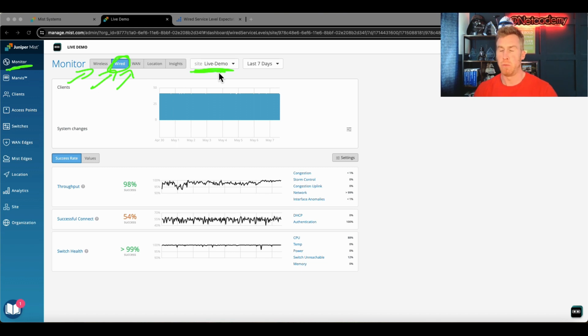So if you've got one site, one switch, 10 switches or 100,000 switches, it doesn't matter. You can really filter down from a particular site to a particular switch as well. And not only that, and actually let me write that so we can actually access site, switch, and you can also view the clients in here as well.